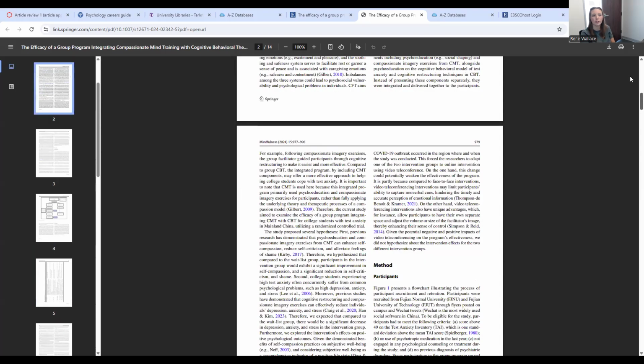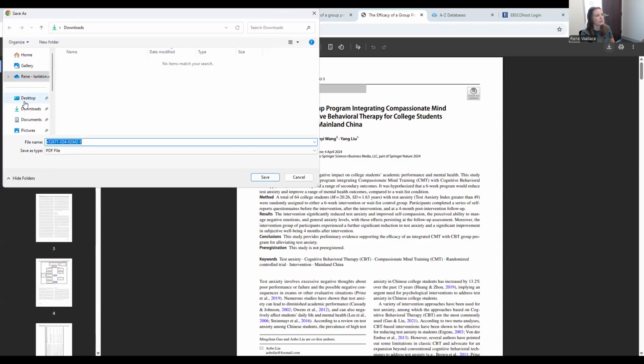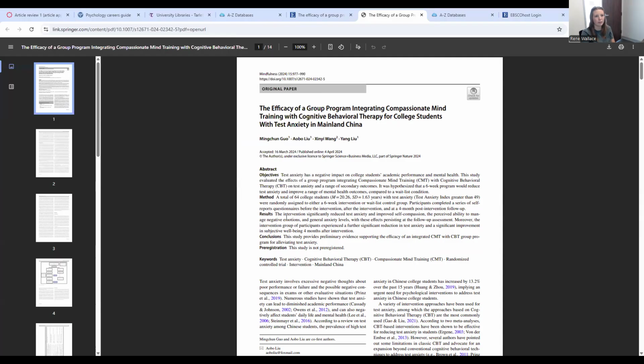Hopefully you've read it more if you decide to use that as an article. So now I have my article check. I'm going to download it here. I'm going to save it to my desktop. Article 1. Perfect. You title it whatever makes sense to you. That makes sense to me. If I were a student doing this paper, I'd probably title it something like that.